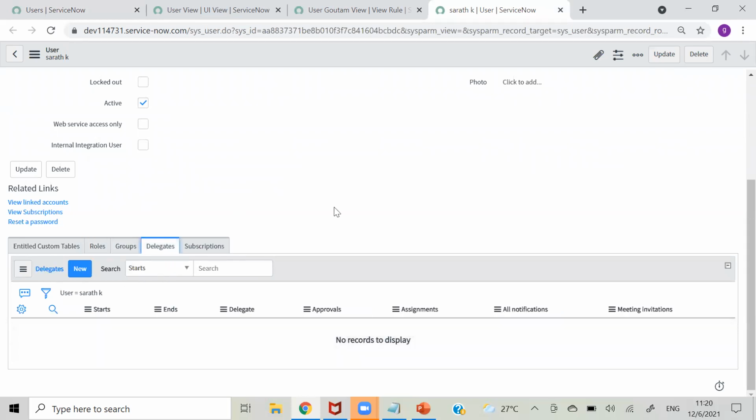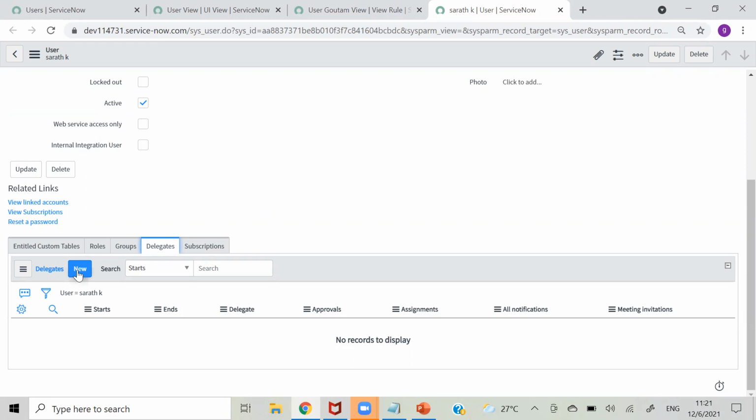And we have a topic called delegate here. Okay, so if you are a manager and you are going on vacation for 1 month, and you have some 10 employees under you, whenever they request anything like mouse, laptop, you have to approve that. Without your approval, those tickets will not get approved. So if you are going on vacation, you can make any person a delegate in place of you. Until you return, that person will get your approvals, like some other team's manager. So he will approve everything so that no work gets stopped. Okay, so that is the purpose of delegate.